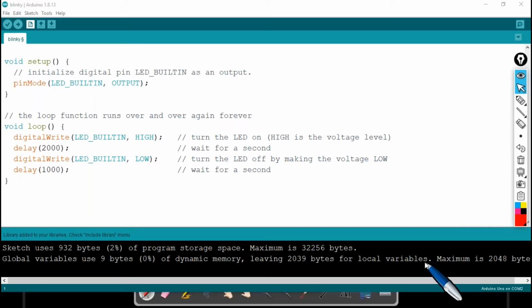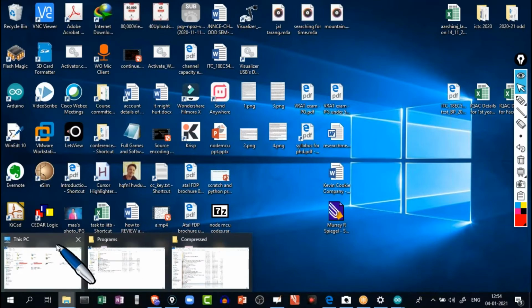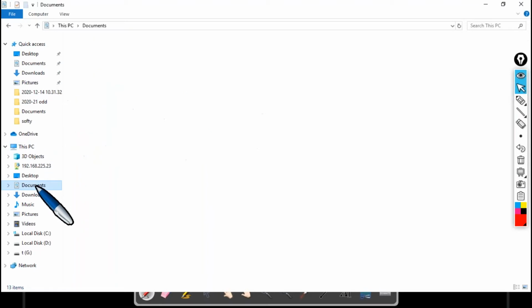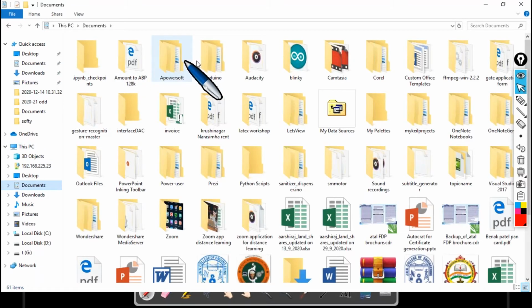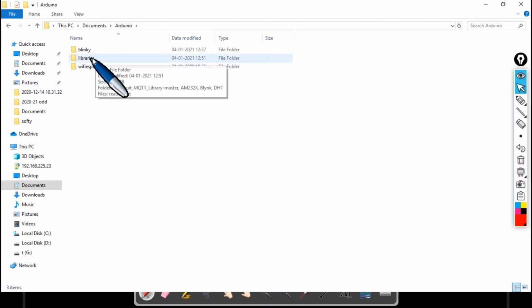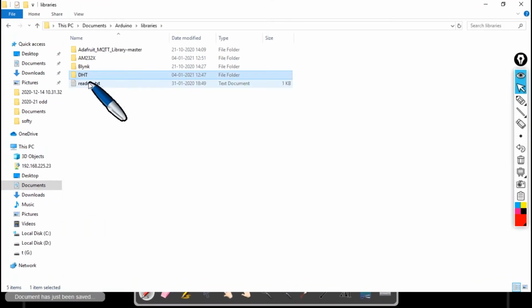Jayashri, how to remove installed libraries? Right now I have installed this DHT library. All I got to do is go to documents, under this PC, and under Arduino we have a folder by the name libraries. I enter into that, under which I can find this folder DHT, because right now I have installed this DHT.